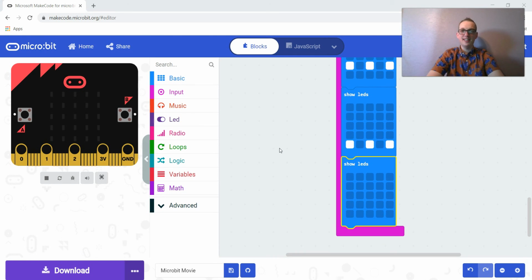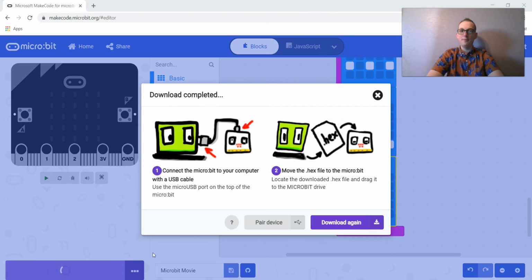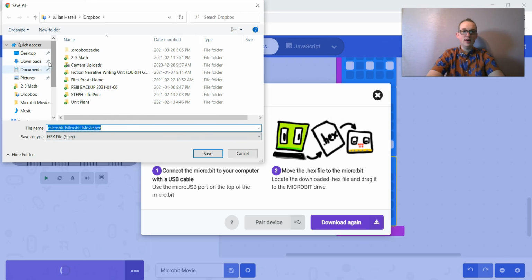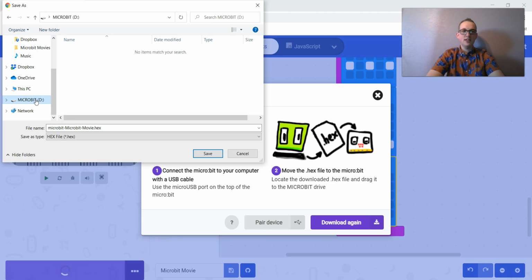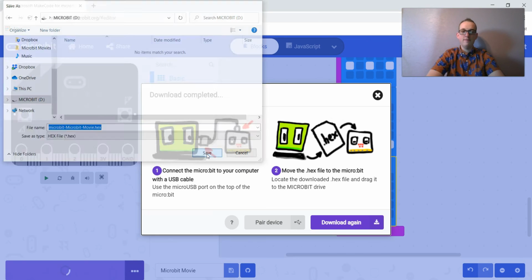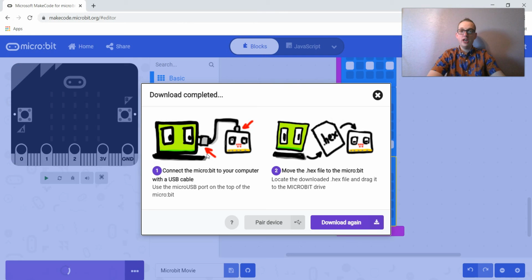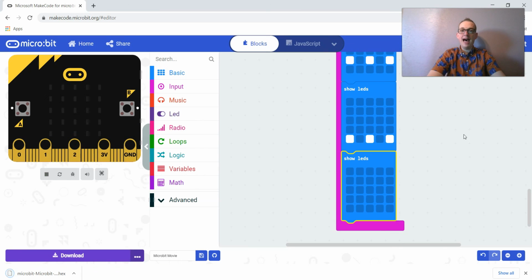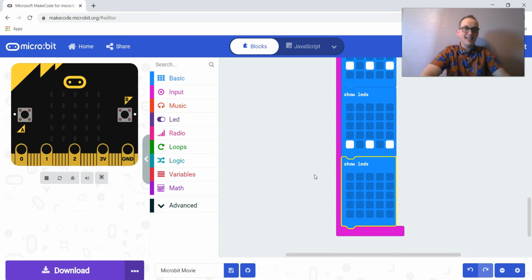Now I'm too impatient to see this on the simulator. I want to go straight to the ellipses, click download to microbit, and over here I can go ahead and find the microbit. On this computer it's on the D drive, and make sure it says microbit at the top so I'm saving it in the right folder. Click save, and my orange LED light is flashing, which means that it is writing onto the microbit itself. So I'm going to wait until that LED light becomes a solid orange again, which it just did, and now I can disconnect it,